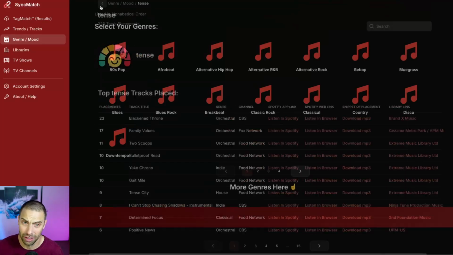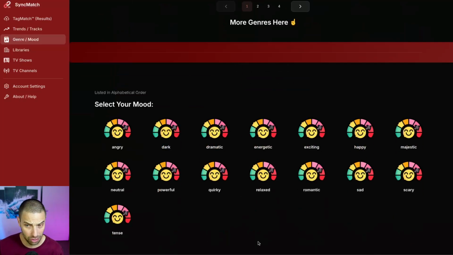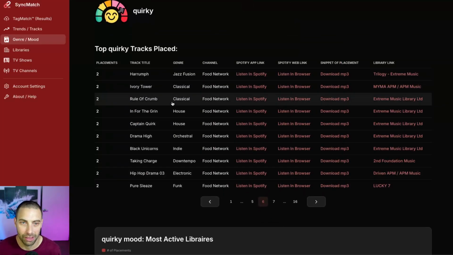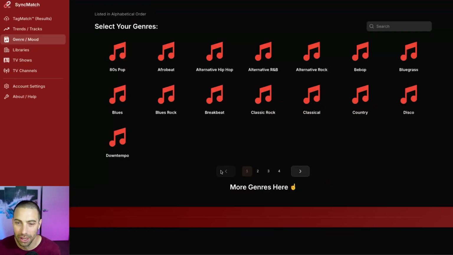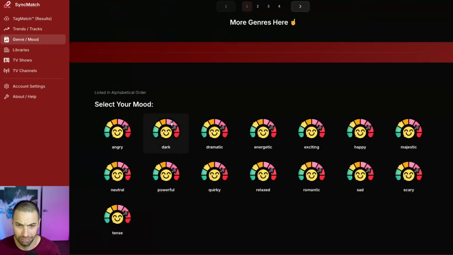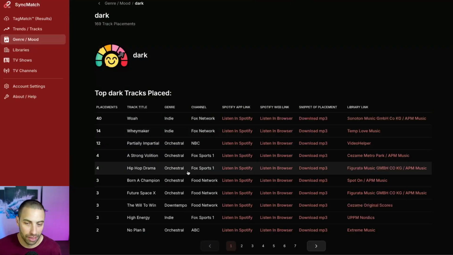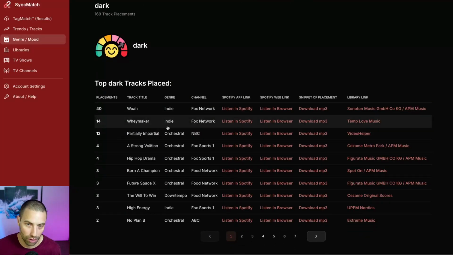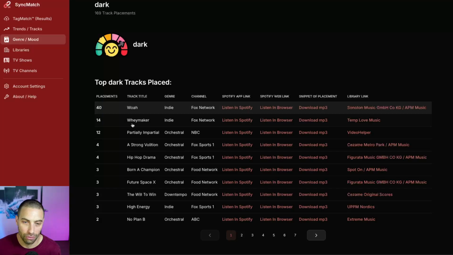So that's really, really valuable stuff. And this goes for all of these genres. So if you make comedic, quirky, kind of funny sounding cues, quirky is where you'd want to go spend some time digging into these tracks, this data. Maybe you make dark. I had one member that wasn't sure if we had any dark music that we were detecting. Lots of dark music, 7 pages worth of all the tracks that are getting detected for dark, kind of